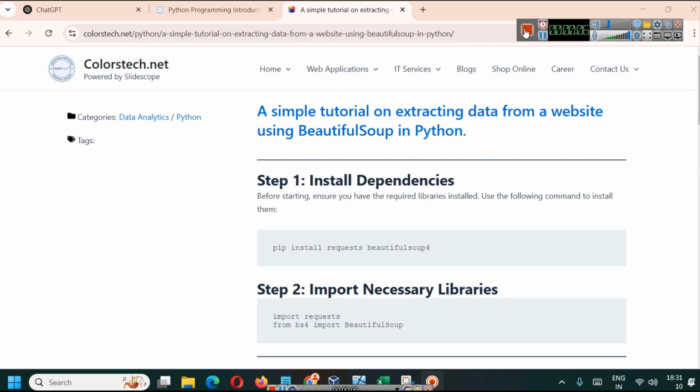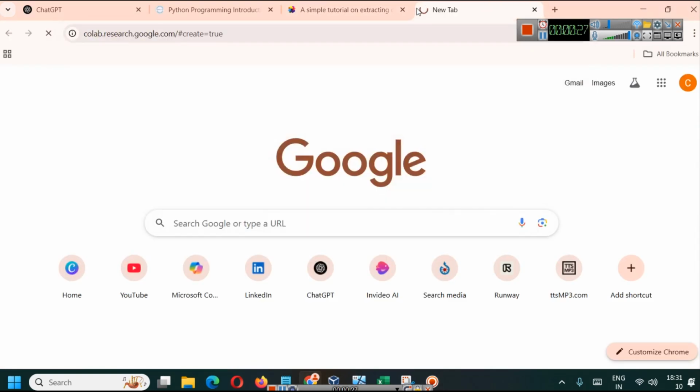In this part we are learning a simple thing, that is how to extract data from a website using the Beautiful Soup library, or how to scrape data. So web scraping is a way of data collection. The first thing that we have to do is install dependencies, but before that we will open